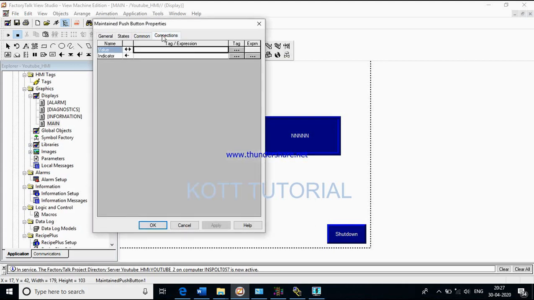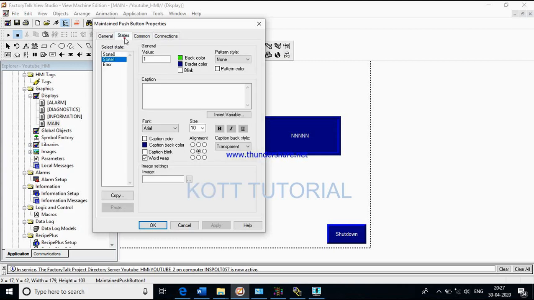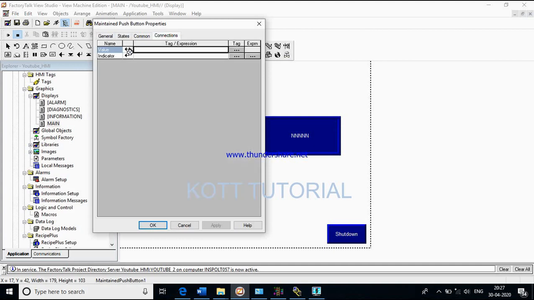Connection: here we connect the tags imported in this HMI. This double arrow means read and write. A single arrow means read only; it will not take any input. It will only show you the indication color. If it is 1, it will show green. If it is 0, it will show red.